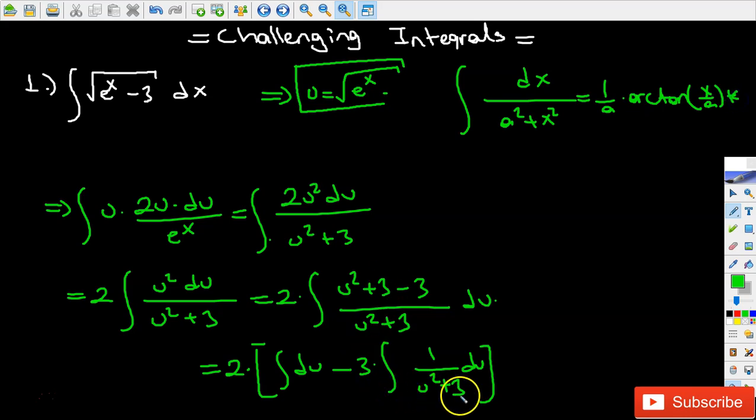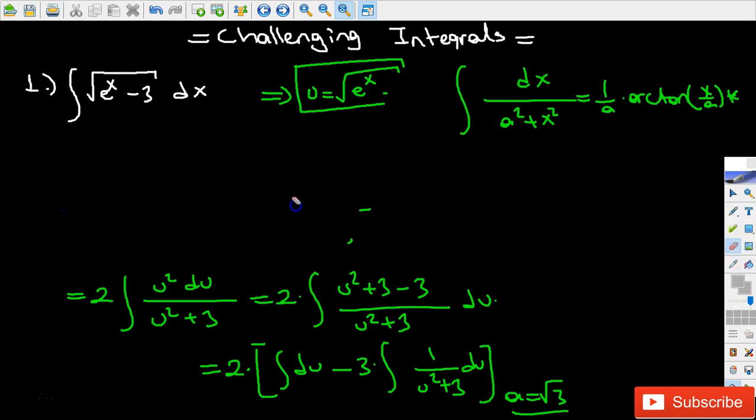In this case, my a is the square root of 3, because when you square the square root of 3, you get just 3. So if I calculate the integrals, that's equal to 2 times, big parentheses, the first integral will be just u, minus 3 times the second integral, which by this formula is 1 over the square root of 3,